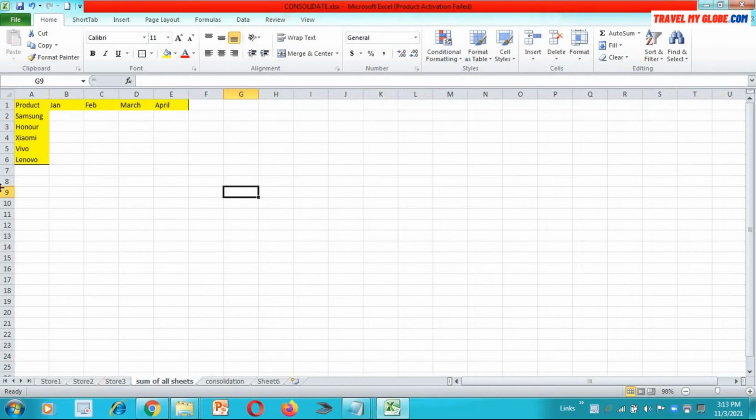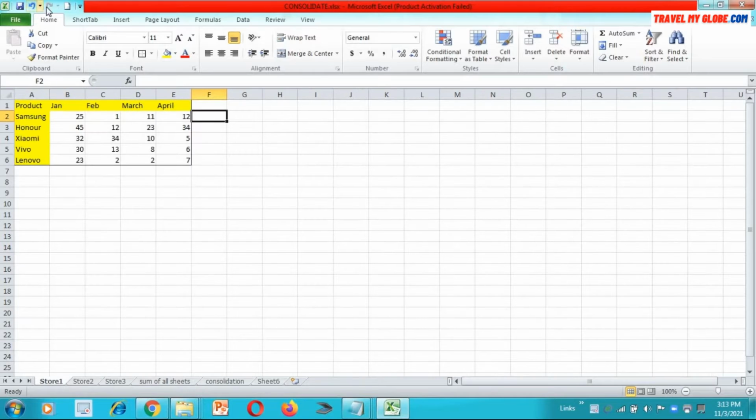Go to the other sheet. I have purposely formatted the data, and I have taken the row headers and column headers, and I want to know the sale of the product Samsung. So let's apply the formula of sum here, but be sure that the data you want to calculate the sum for, like this data for Samsung which has been kept in the cell B2, and we are going to calculate the sum of Samsung mobile.